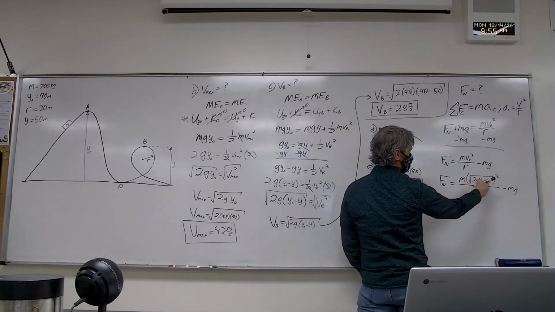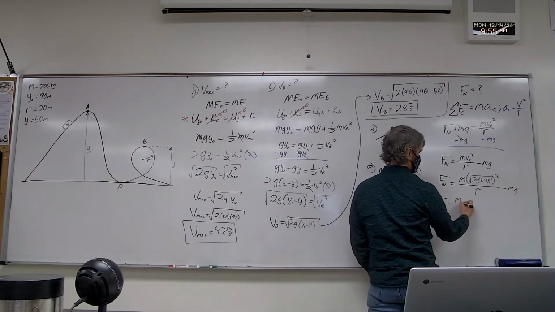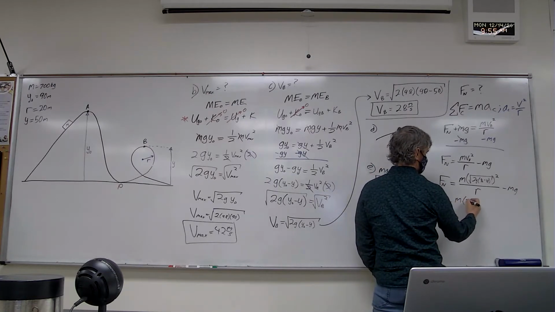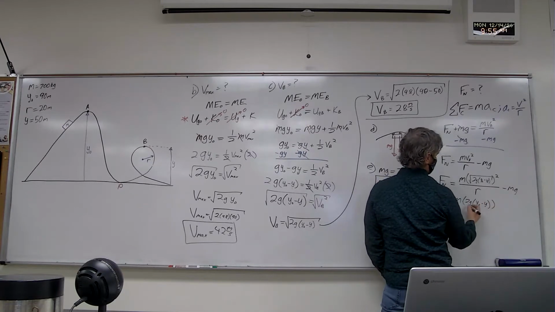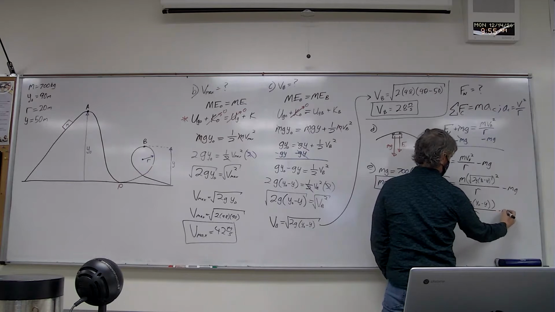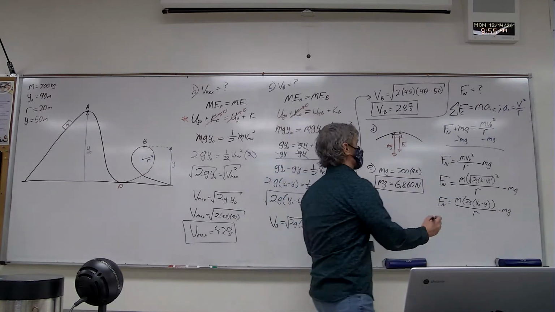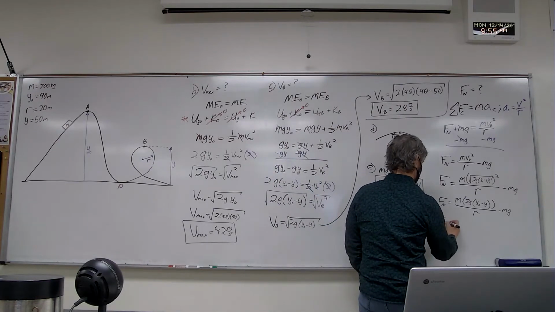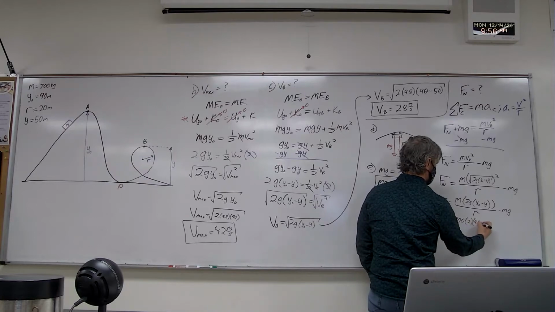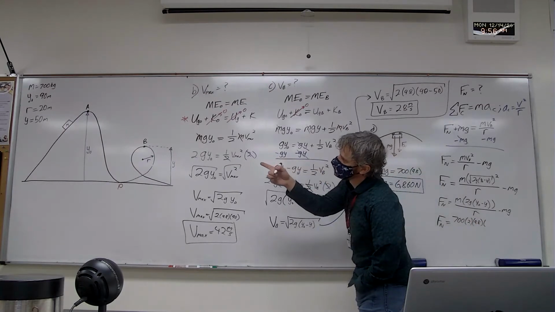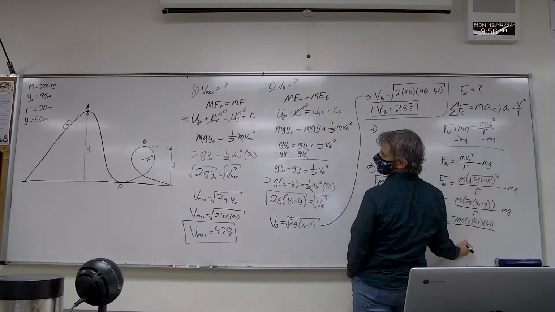But what's the square root of something squared? Right. M times 2g times (y naught minus y) over r, minus mg. And I guess let's just do it. M, 700, times 2 times 9.8. Y naught minus y is just 40, right? Over the radius of the loop, which was 20,